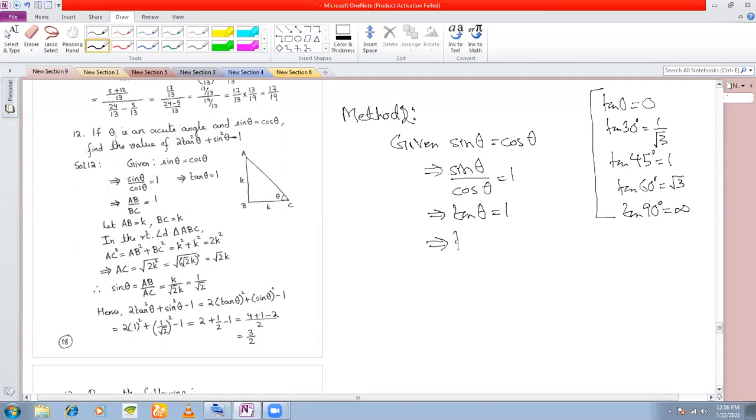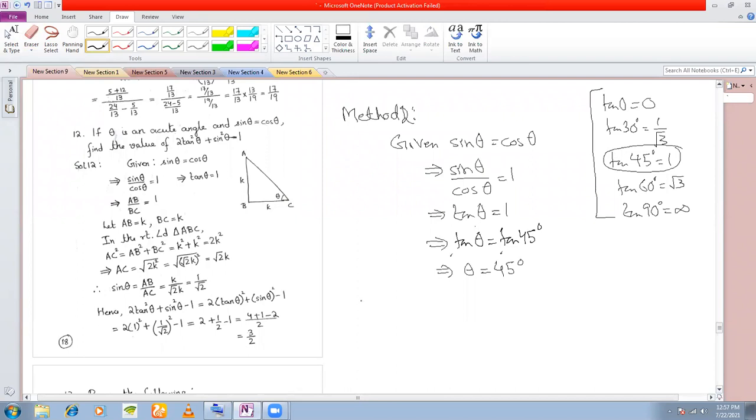So what you can do is you can write tan theta is equal to, now you see tan 45 is equal to 1. So you can replace 1 here by tan 45. So you get theta is equal to 45. Now remember, we do not cancel tan. Tan theta is equal to tan 45 simply means theta is equal to 45. No cancellation. There is no question of cancellation, because in the beginning only I told you tan theta does not mean tan into theta. So theta is 45 here.